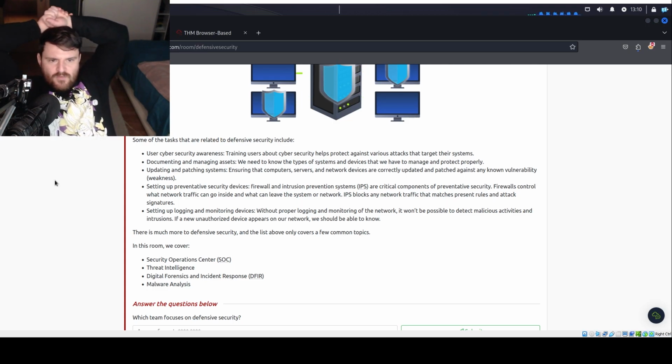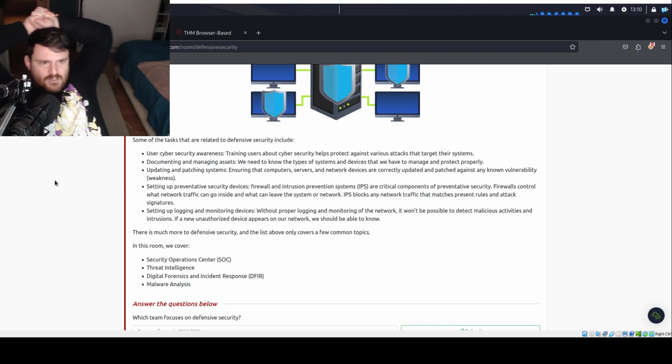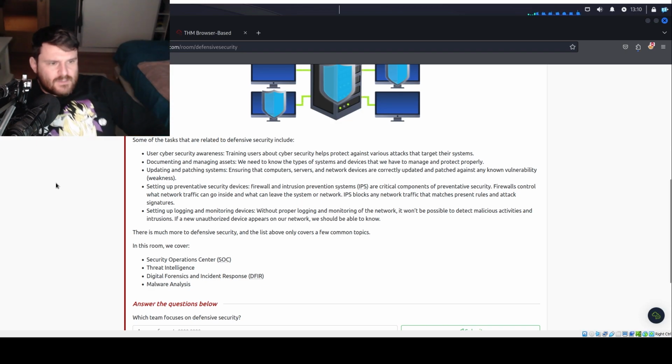Setting up preventative security devices. Firewalls and intrusion prevention systems are critical components of preventative security. Firewalls control what network traffic can go inside and what can leave the system or network. Intrusion prevention systems block any network traffic that matches preset